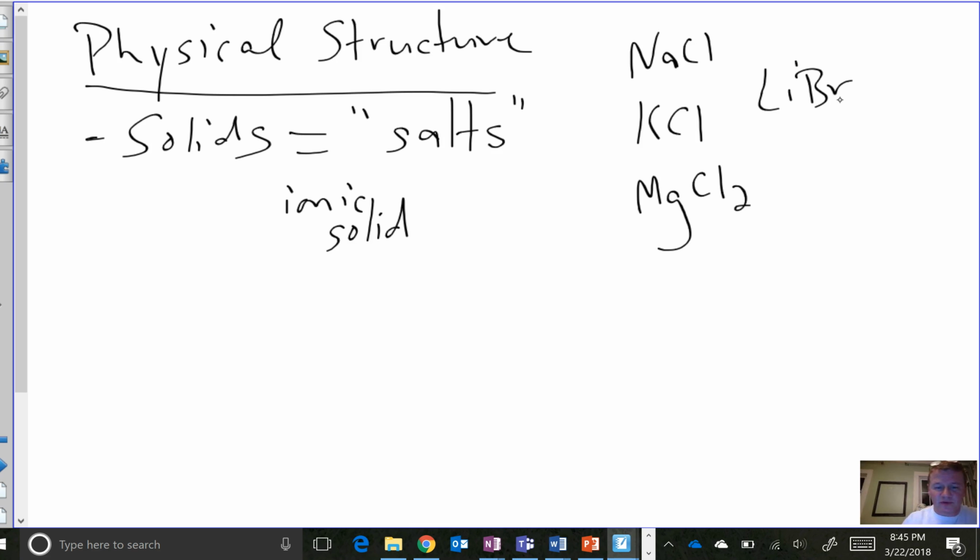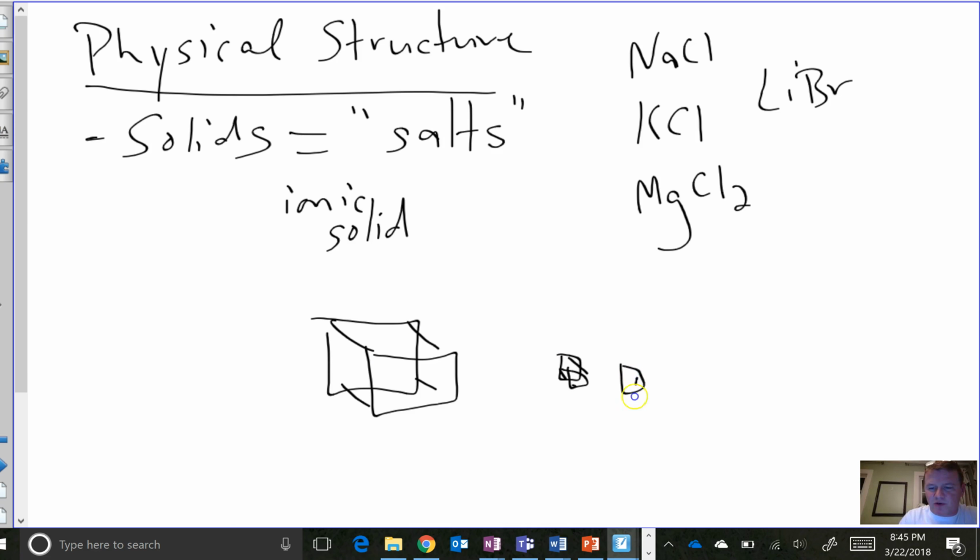Now, when we look at their physical structure, think about looking at a grain of salt under a microscope. What do you see? We call it a grain of salt, but it's this cubic form, right? And if we were to try to break that apart, all we would see is that it would just break down into smaller cubes. It would always keep that cubic structure there. We refer to that as,